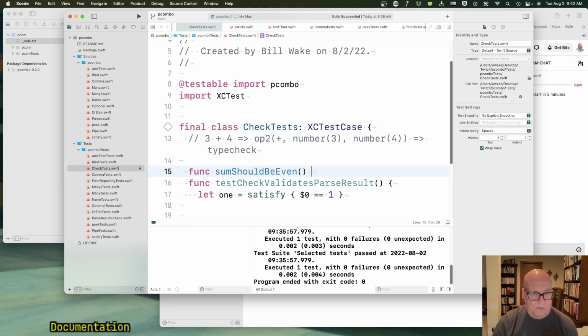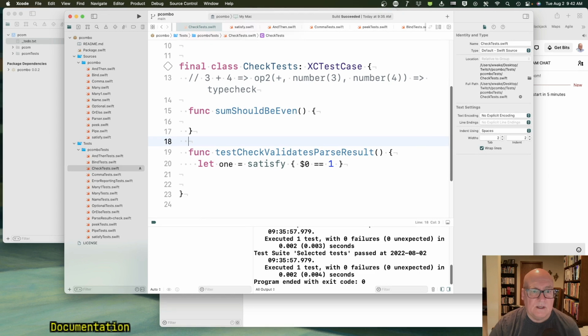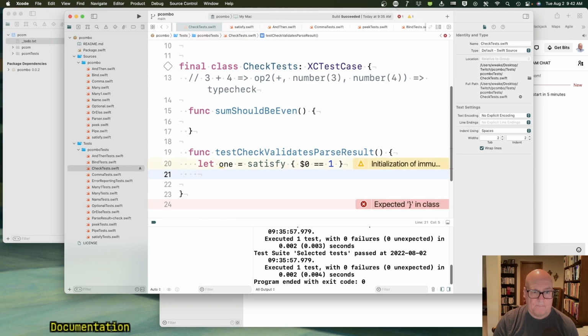We'll work out what the types are, but I want to do something like parser equals many one or more ones,